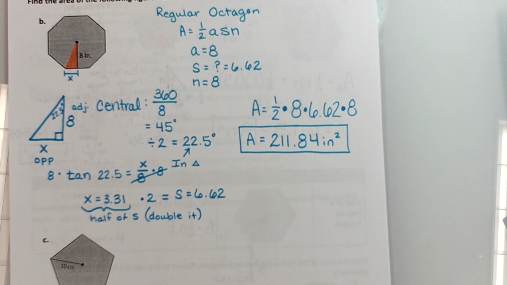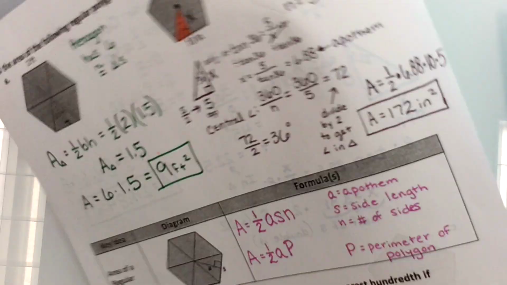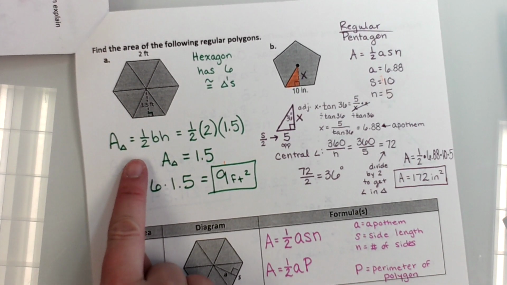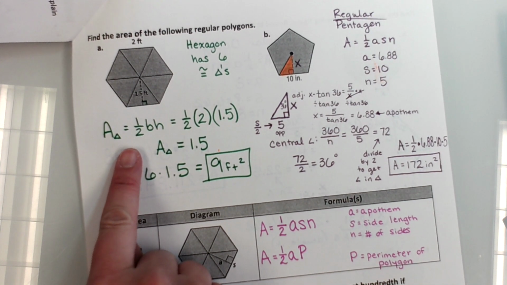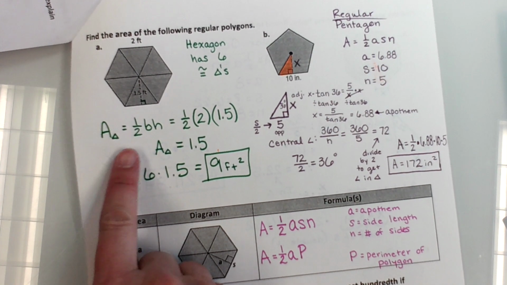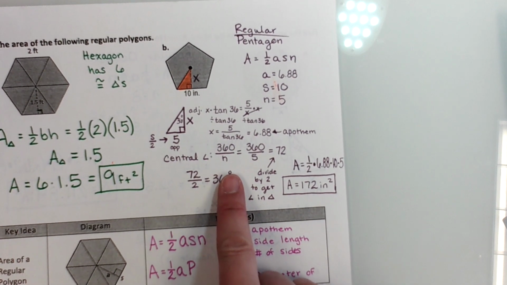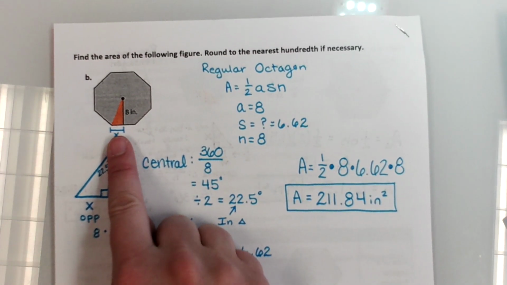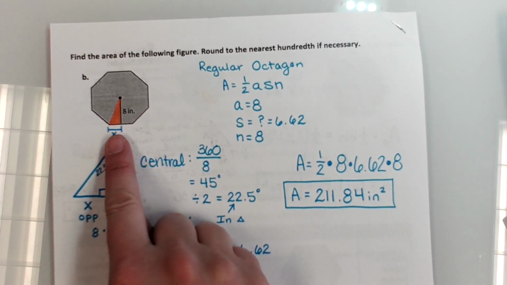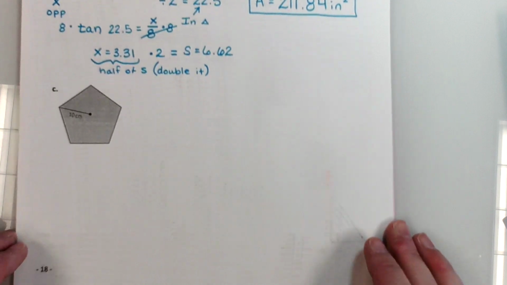There are generally four situations you're going to run across when working with these. The first situation is I give you the apothem and the side length, and then you're just plugging things in. The second option is I'm giving you just the side length, and you have to solve for the apothem. The third is I'm giving you the apothem, and you have to solve for the side length. The last option,